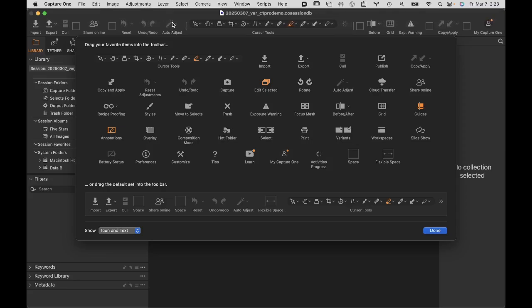So the first one I'm going to do is get rid of this auto adjust. Nobody uses it, and as a matter of fact, in every single one of the parameters that you could use, you can click on them individually. This would be a global auto adjust. I don't use it, so I'm going to click on it and simply pull it out and let go, and